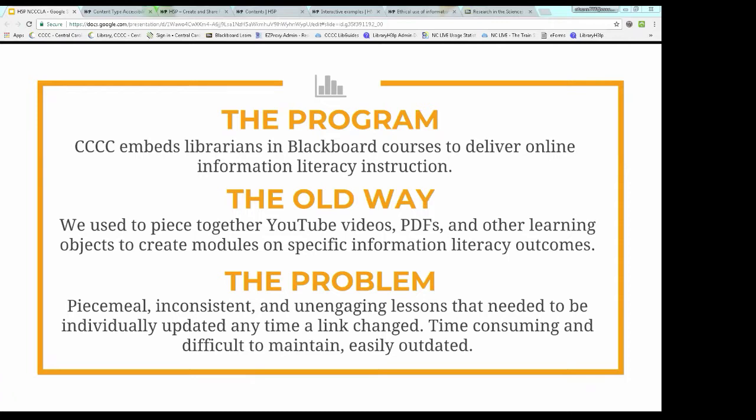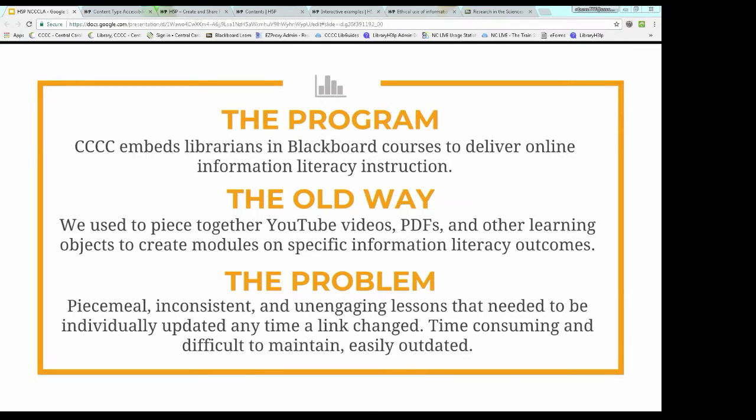Now, CCCC's strategic plan requires that we provide equitable service to both our online and our seated students. One of the things that we really focus on in our seated program is interactivity in learning and the ability to make mistakes as you go. So we wanted to find a way that we could do the same thing in our online program and make sure that we were offering that truly equitable services across our populations.